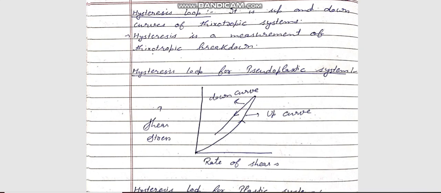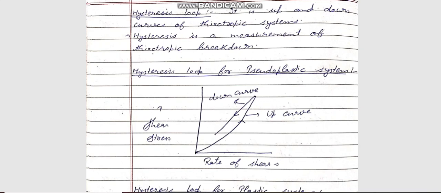For example, in case of mayonnaise, if we are applying shear stress, then it will convert into a sol form. But we don't take into account its conversion from solution back to its original position. It means if any formulation converts from gel to sol and then again gel. In the thixotropic system, we are talking about its conversion from initial gel to sol.